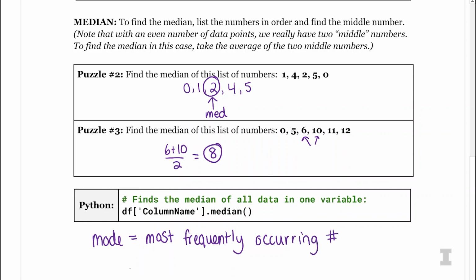So let's just say I had an example. I'm just going to do an easy one. 3, 4, 5, 3, 4, 5, 3. So I would look at this list and see which one is the most common. It looks like we have 3 3s and 2 4s and 2 5s. So in this case, the mode would be 3. So again, this is another measure of center. Oftentimes you'll hear mean, median, mode, and we don't use the mode super often in data science, but we thought it would be good for you to know all 3 of them.